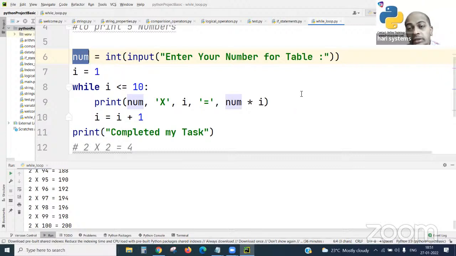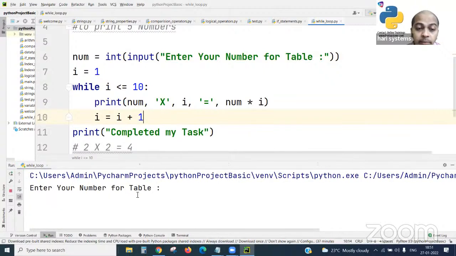So it's a fully supported dynamic multiplication table till number 10. So if I run this, what happens? Enter your number for a table. Whatever value you may put in is a constant, like a static string. It's up to you. If you are good at English, or some language of your own, you put your custom message over there.